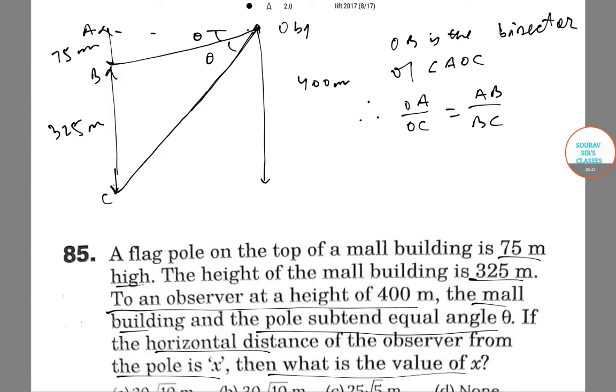Now the horizontal distance of the observer from the pole is x. So this distance is x. Now using this equation, from here we get